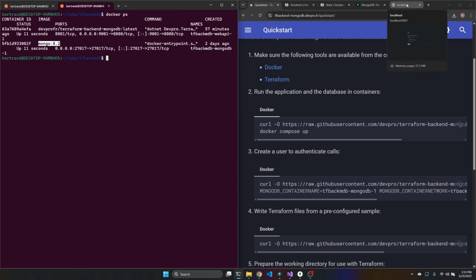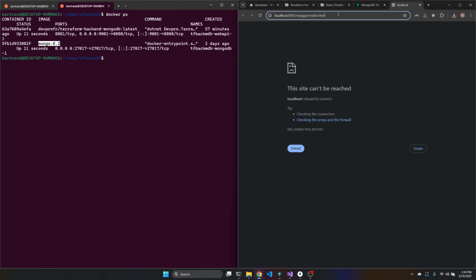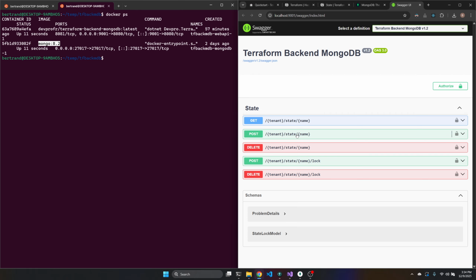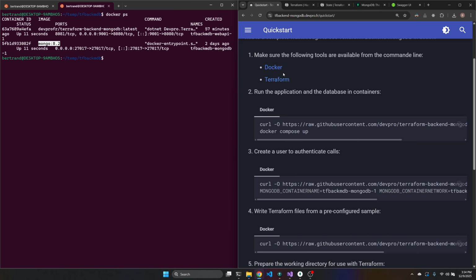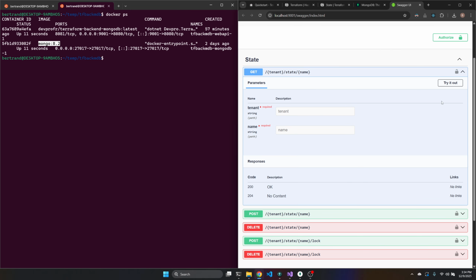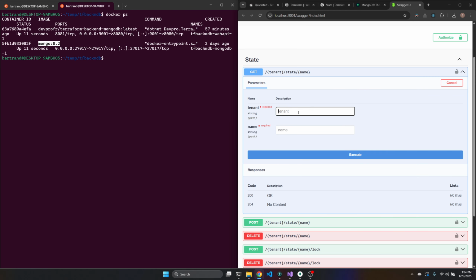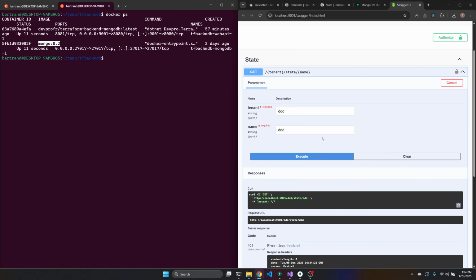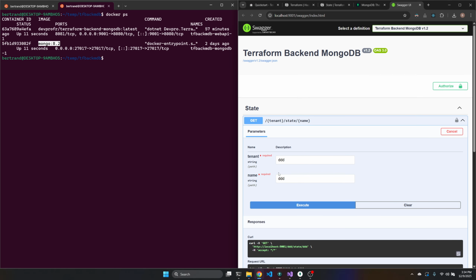Now, this API in a development environment, you can have access to its definition with the Swagger web page. So we have it here. We can see all these actions that are defined to match the requirements from Terraform. But if we try, for example, this one, we can have a try. We are not authorized, which is what we want. We want to be secured by default.